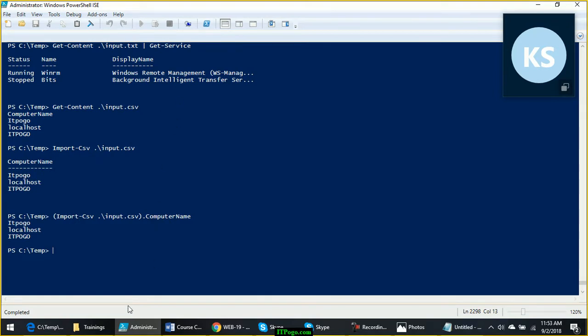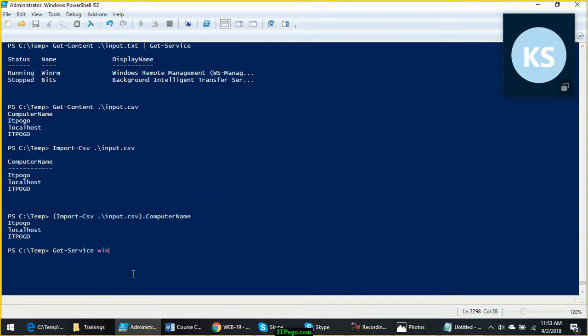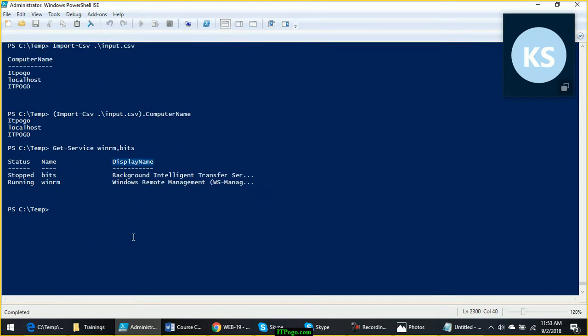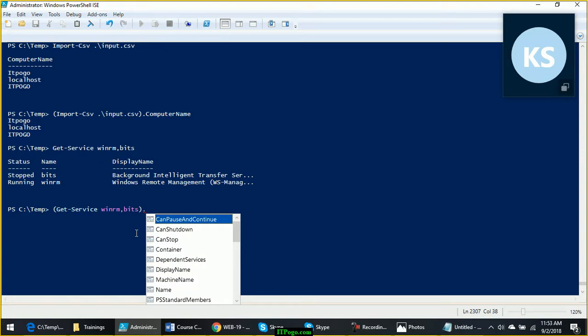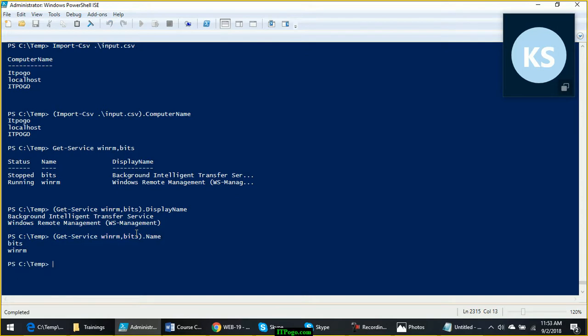Now look at the previous Get-Service WinRM, BITS. Now what if I just want to see the display name? What I can do is put this entire command inside round brackets and use .DisplayName. It will just show me the display name. If I use Name, it will just show me the name.